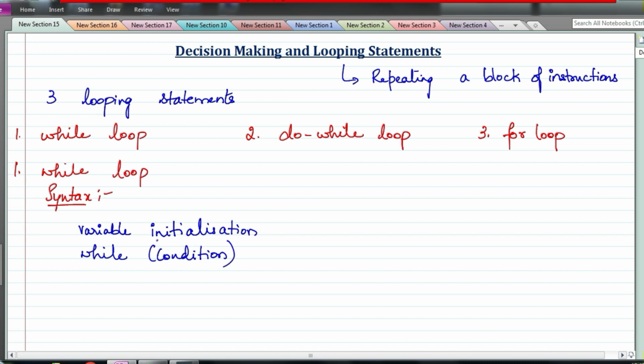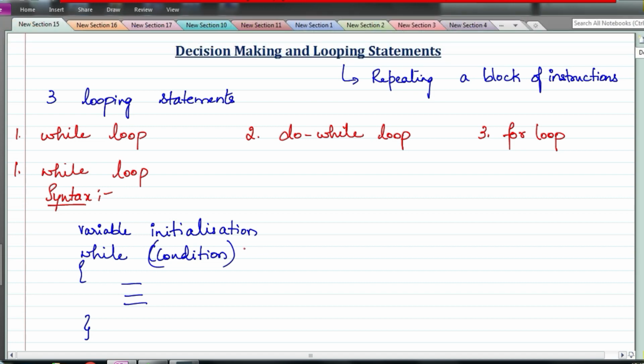Here we write an expression, which is a logical or relational expression that checks a particular condition. If the condition is true, we have the set of instructions to be executed, and then we write a closing bracket, no semicolon. Remember, many students make this mistake.